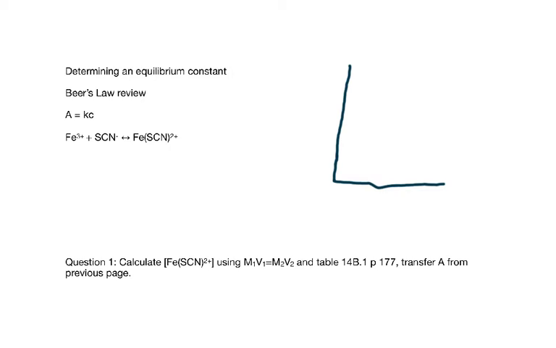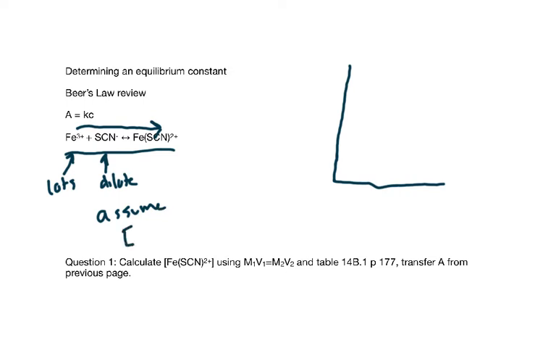use equilibrium for this. Here's our equilibrium equation. The iron 3 plus thiocyanate goes to the iron thiocyanate complex. And we're going to be using a very dilute thiocyanate and lots of the iron 3. What's going to happen is that's going to shift our equilibrium essentially all the way to the product side. And so we can assume